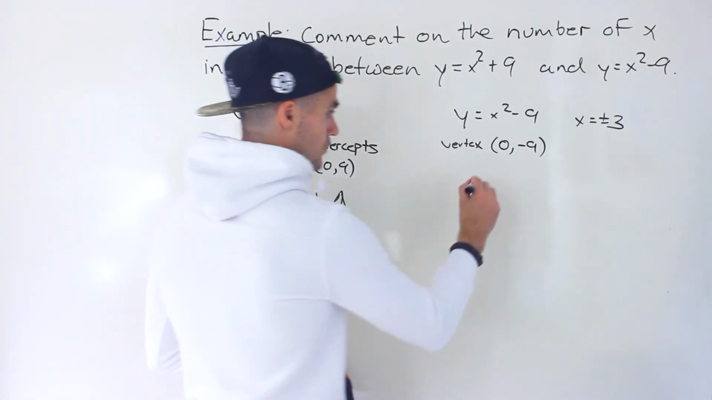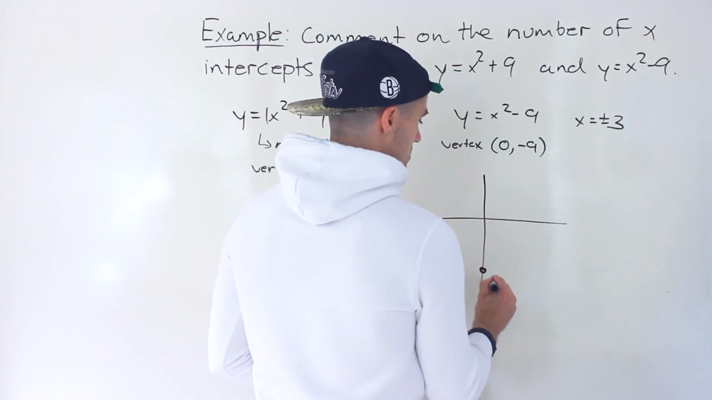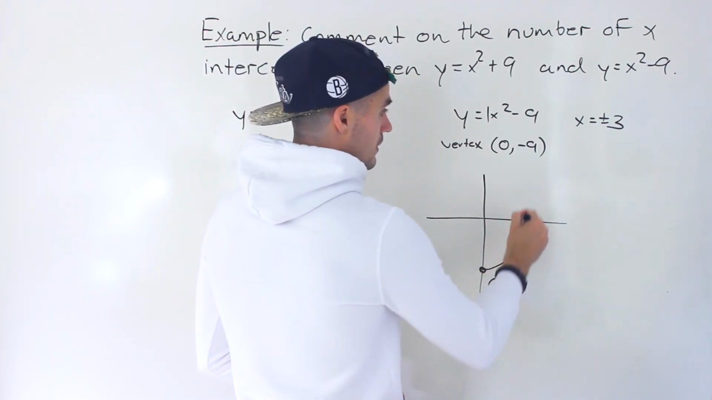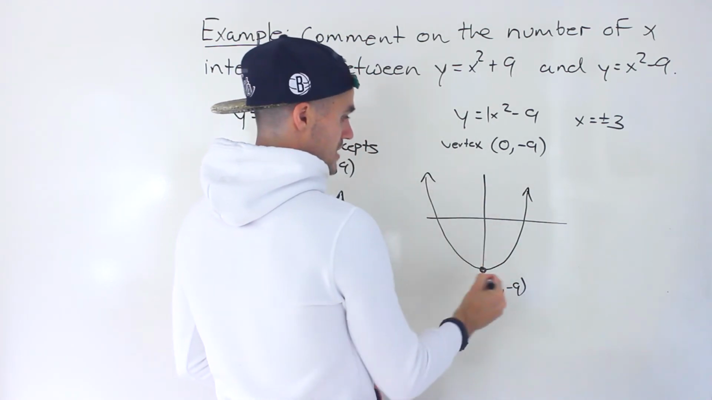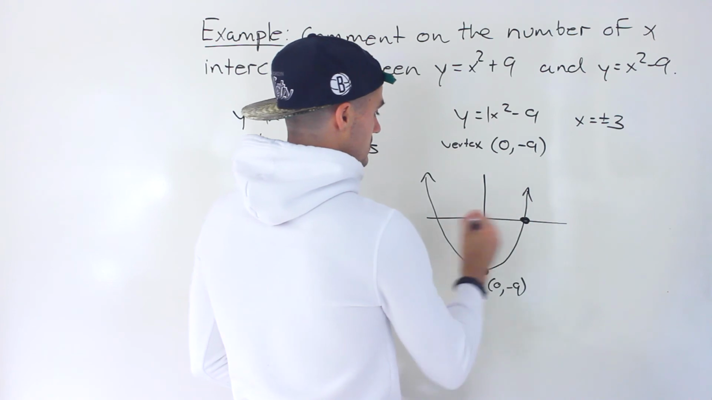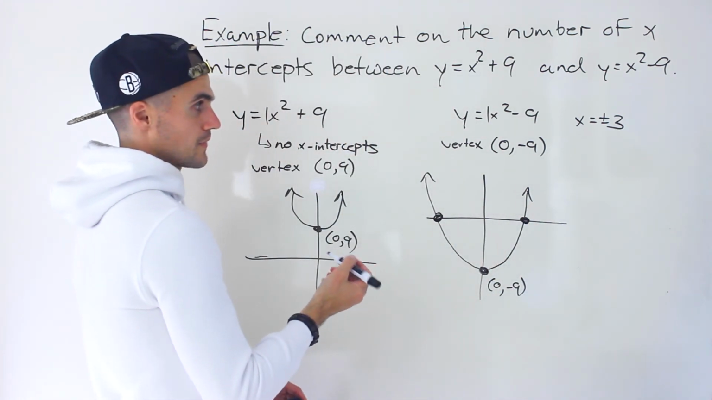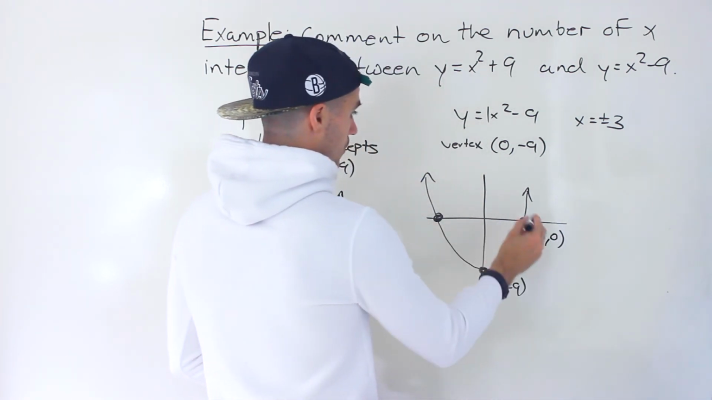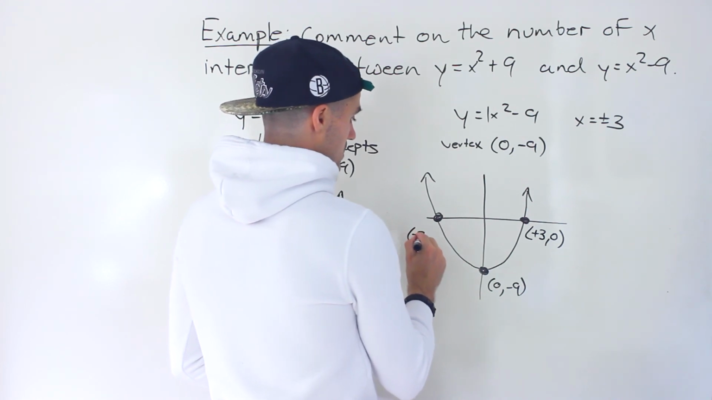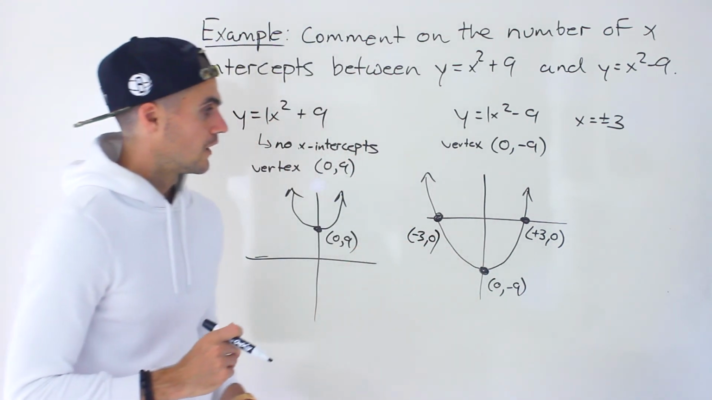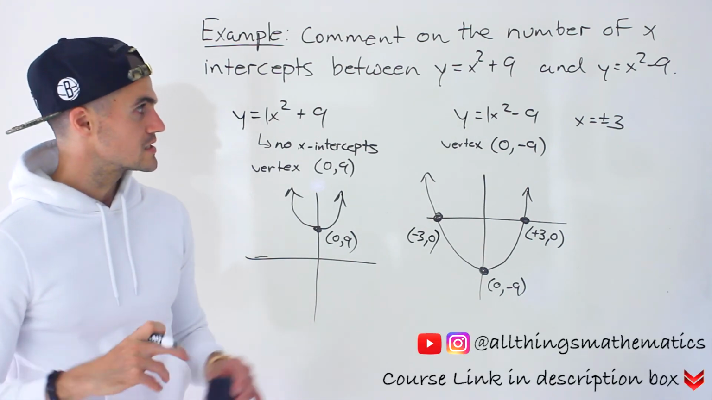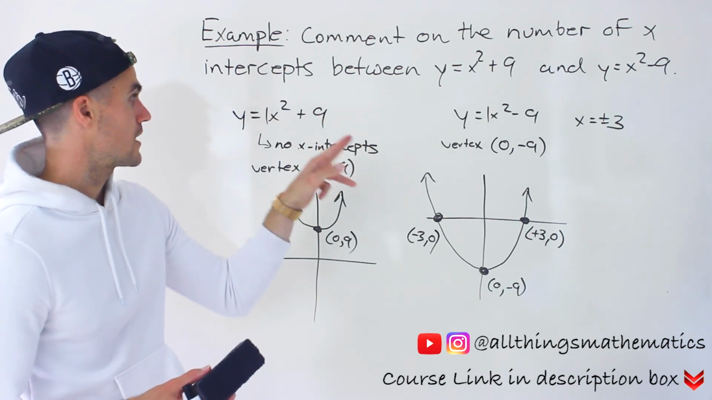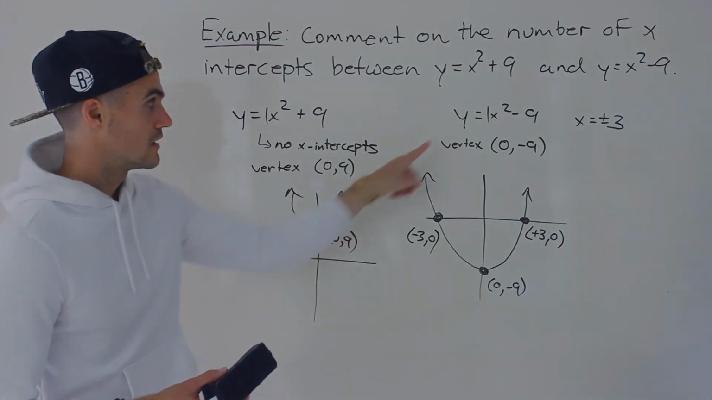Versus this quadratic here, if we plot that vertex 0, negative 9, which is down here, notice that this quadratic is also opening up because we have an a value of positive 1. So if it opens up and the vertex is here, it has to pass the x-axis twice. More specifically, it's going to pass at an x value of positive 3, or a coordinate of positive 3 and 0, and this one's going to be negative 3 and 0. So just a couple of different ways to show this. Basically, the short answer, comment on the number of x-intercepts between these two quadratics: this one has no x-intercepts. This quadratic has